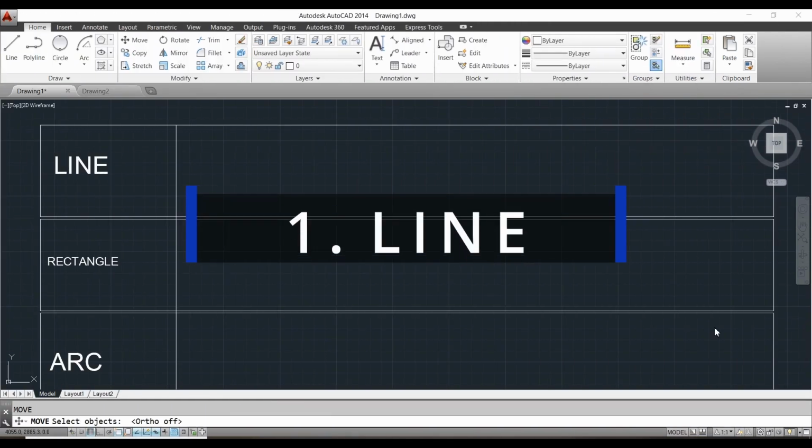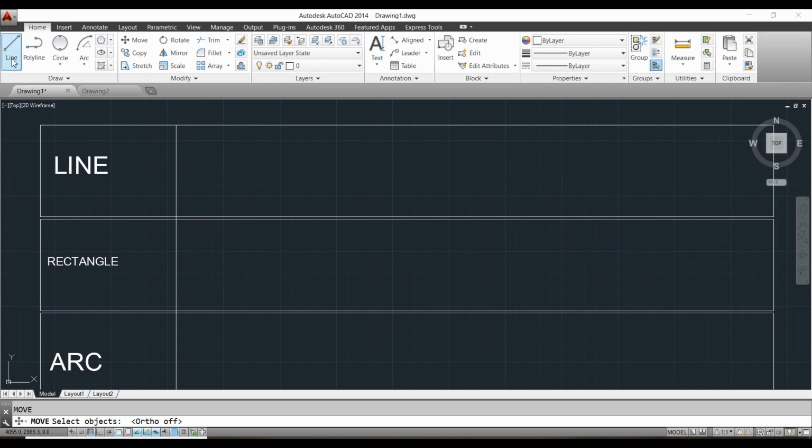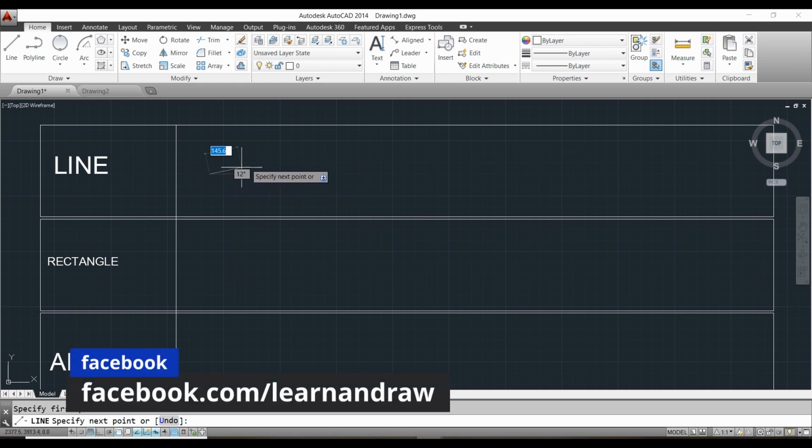Line. Using the line tool, we can draw lines easily. The line tool is shown here, so select this one. Next, we can draw lines of any length and angle using this. First we have to select the starting point, then the end point.